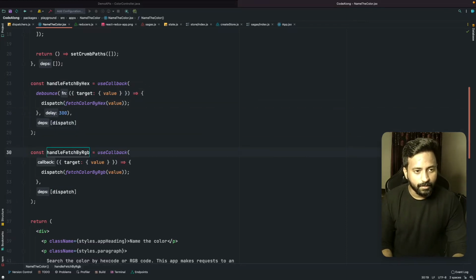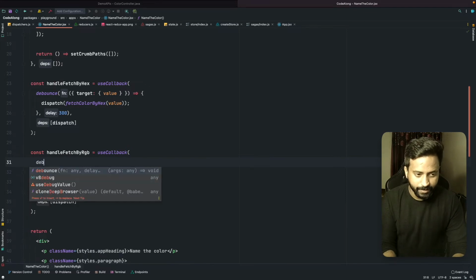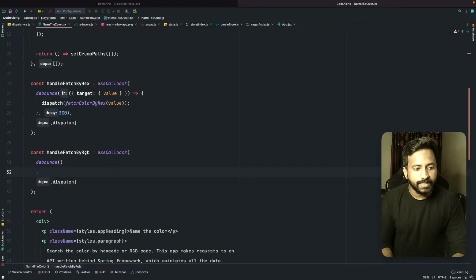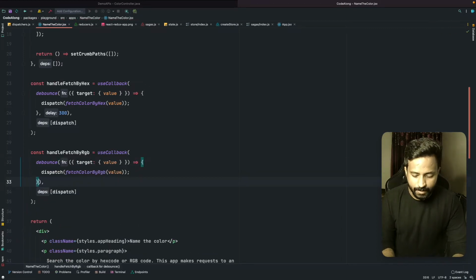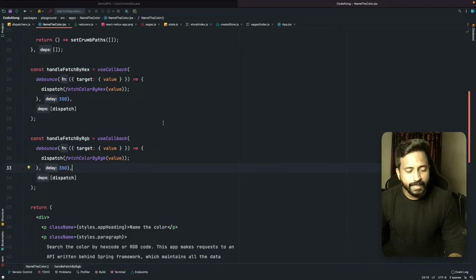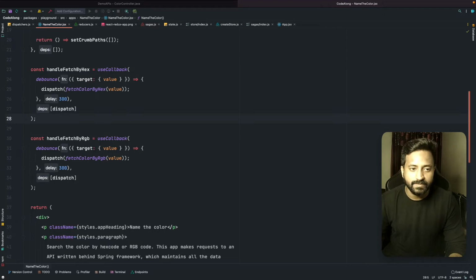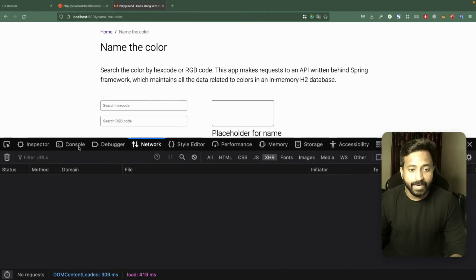Now this is the same thing I want to update over here as well. We'll move the entire function inside my debounce, and we'll set the delay of 300 milliseconds again. So now that this is ready, debounce is gonna make sure that we are not triggering so many dispatch calls. We'll trigger only one, that too after a 300 milliseconds delay. So when the user has not typed anything for 300 milliseconds, that's when we are going to dispatch the API call.